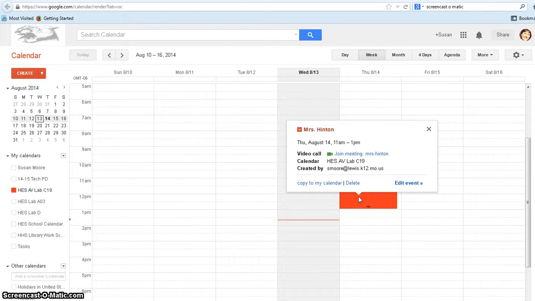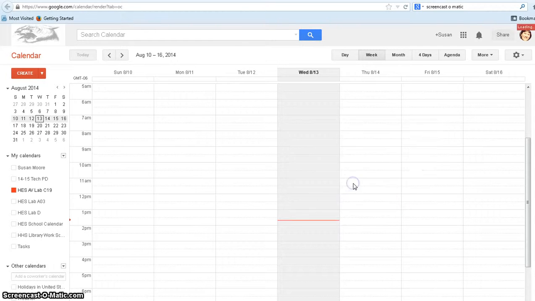And again, if I click on it and I want to get rid of it completely, I just click delete and it's gone. If you have any further questions about how to work in the Google Calendar for reserving the